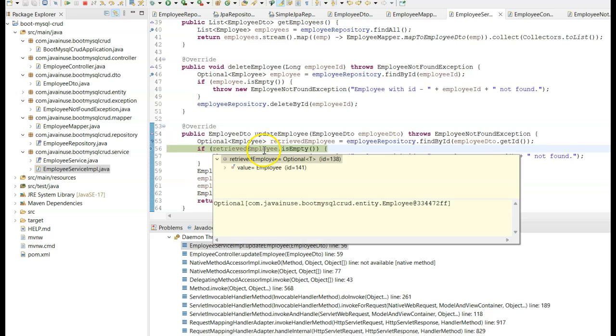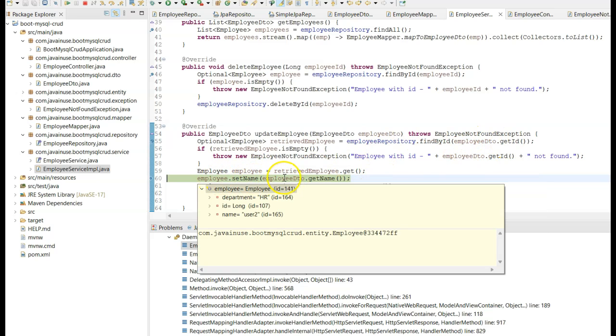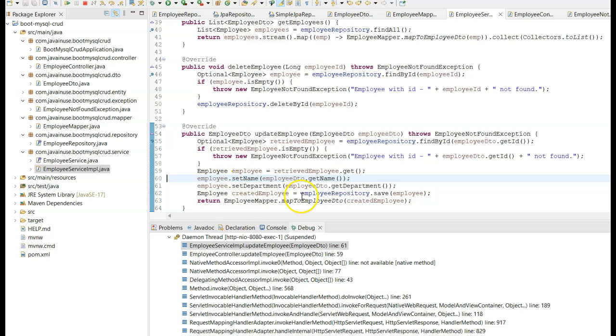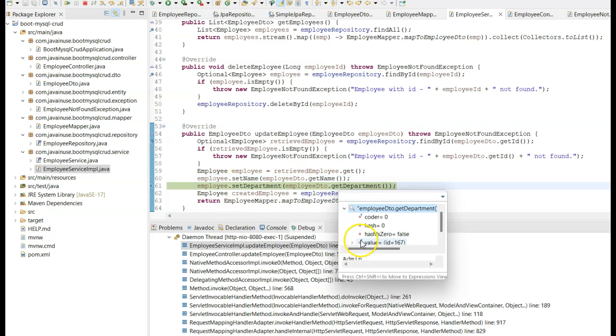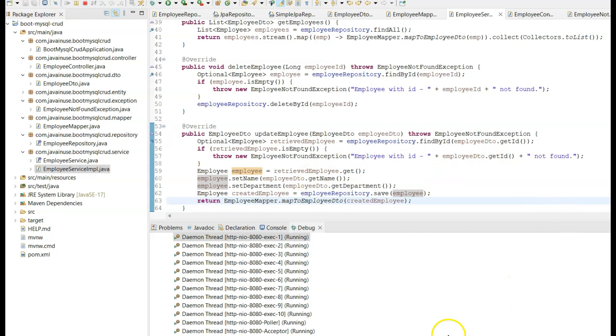In our case it does exist, so this isEmpty will be false. Then we get the employee which has been retrieved corresponding to the ID 2. This employee we update with the employee DTO information. Here we are setting the department as admin. Next we save this employee information, and the created employee we convert to an employee DTO object and return it back to the controller, which returns it back to the user.